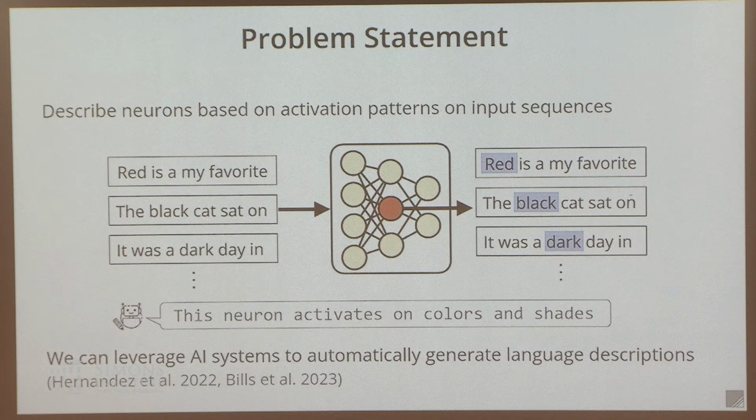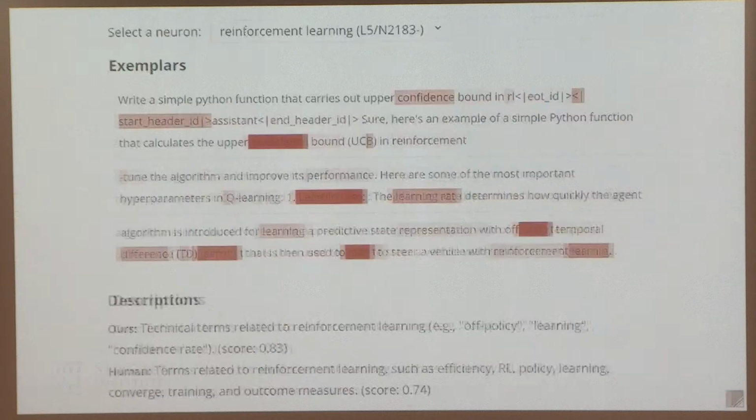What I'm going to talk about is whether we could build specialized AI agents that would look at data like this and then come up with an accurate description like this. This builds on a line of work by others, including Hernandez et al. and Bills et al. We're going to show how to scale up that work and get really high quality pipelines that can basically match the performance of human expert annotators.